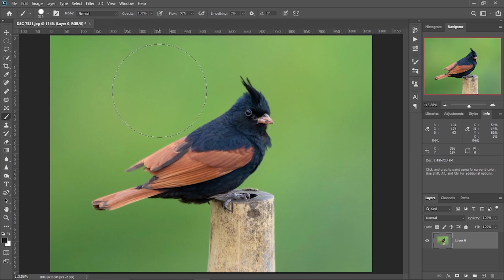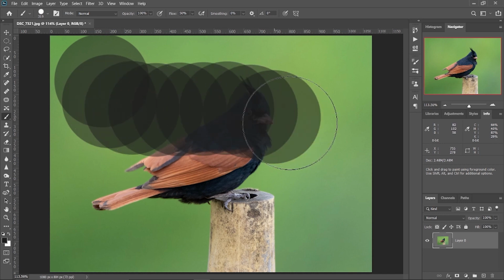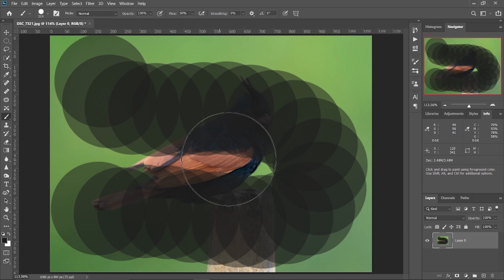Now I'll show you what hardness means. For example, this is on full hardness right now, and I have the black color selected. I go like this. Now it's not going to paint a line. It's going to paint a series of dots. That's what basically a line is, but it's going to show it quite prominently.